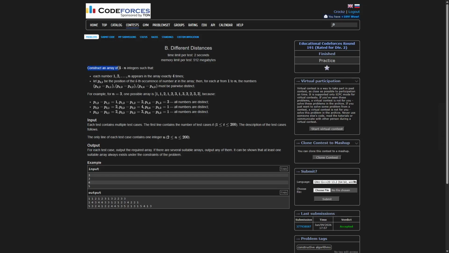Construct an array of 4n integers, basically 4 times n integers, such that each number from 1 to n appears in the array exactly 4 times. If there are n integers, definitely the size of the array is 4n, so there have to be four appearances of each element. Now they have said, let p(x, i) be the position of the i-th occurrence of number x in the array,